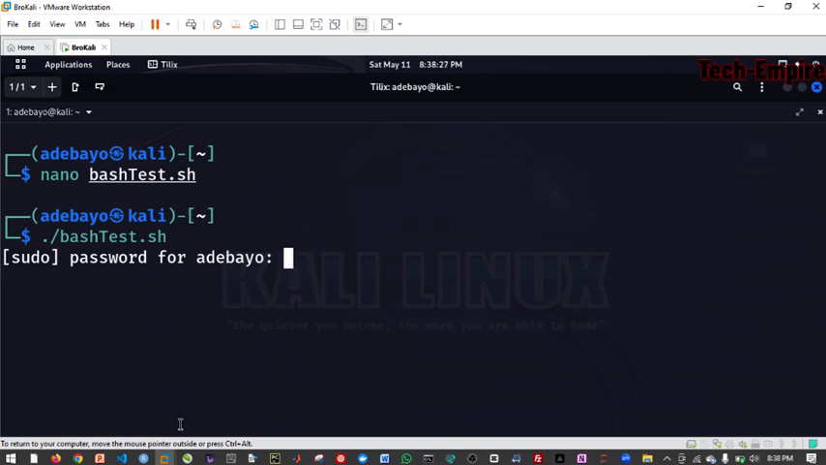So it's asking for password. Why? Because I said sudo. Because I want to have root privilege. I want to run it as a root privilege. So it will ask for my password. Once I put it, I pray the password is correct. So you can see